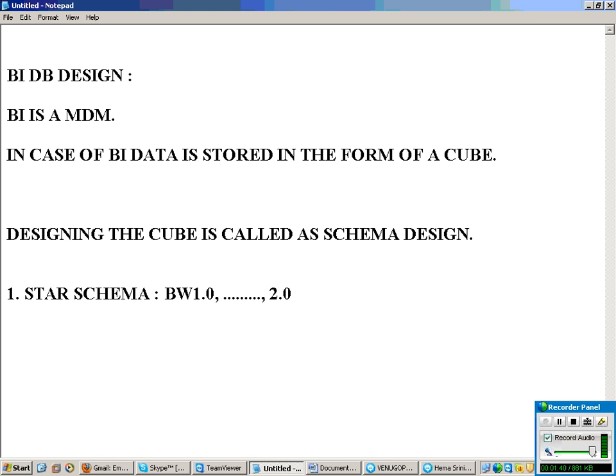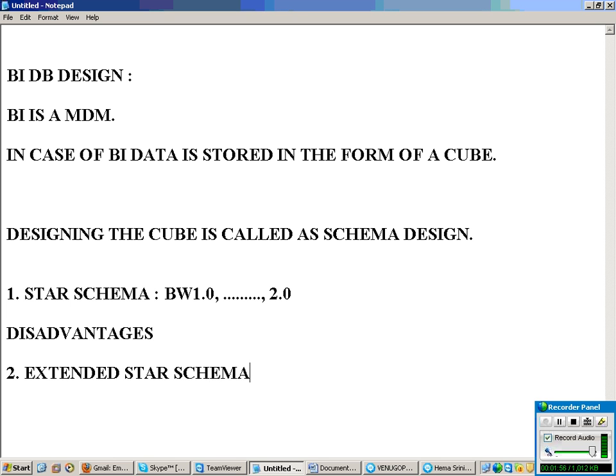Until the two series, the design was based on star schema design, and this star schema has some disadvantages. That's why we have moved from star schema to extended star schema. Right now, BI 7.0 that we are discussing here is based on extended star schema design.